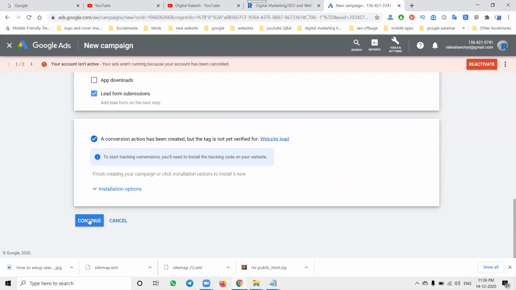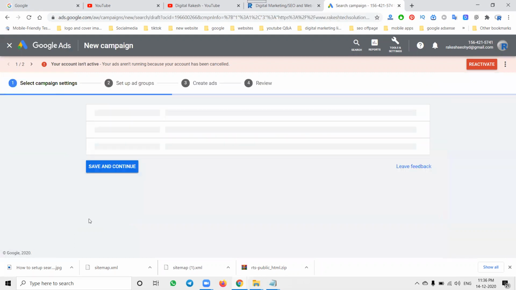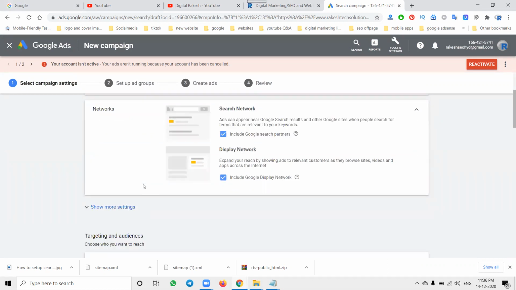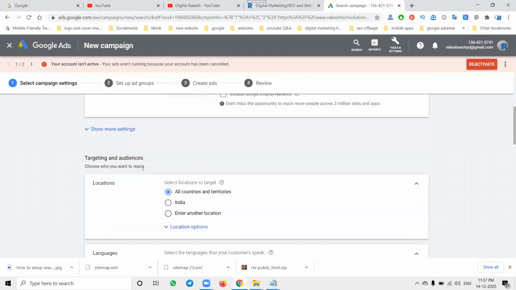We can add the lead form and go for continue. Why create a lead form? People can easily follow the application form and fill it up, and that increases leads. This ad can be created for two features, search within display, but our position is only the search network. So I'll remove the display one. Suppose I show on search and display also, how is it visible to customers?